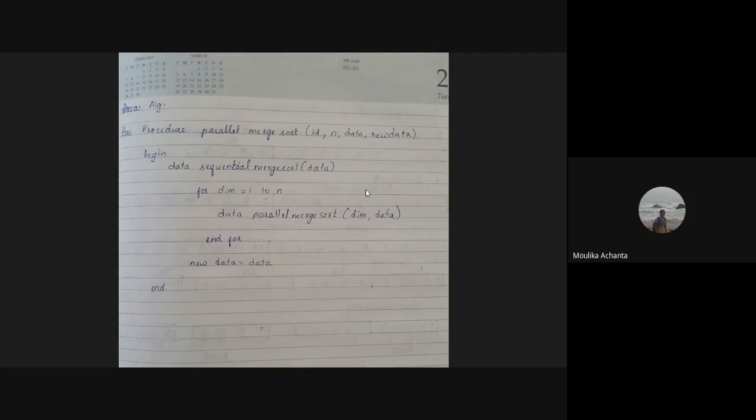It is given to the parallel merge sort function with dimension and data, and this function returns data. At the end we'll print the sorted list. That is the simple algorithm for this parallel merge sort.